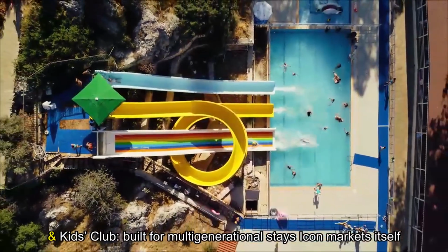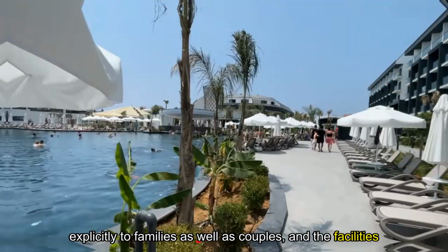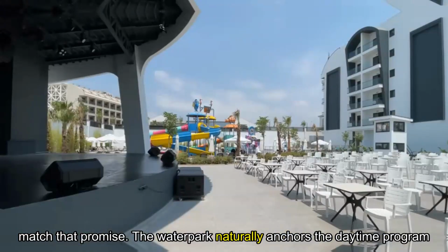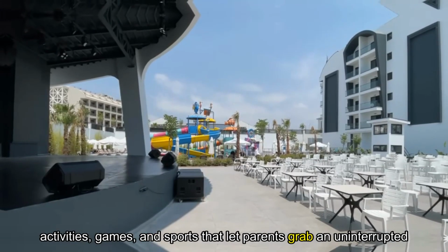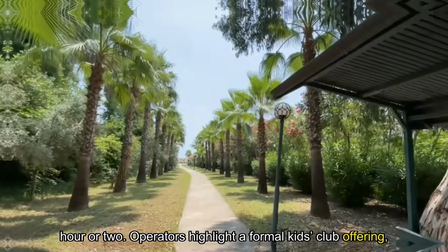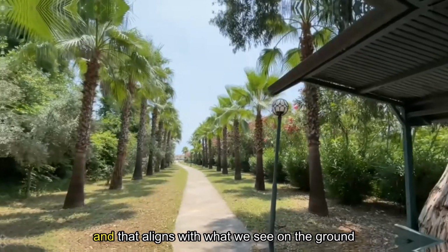Built for multi-generational stays, Icon markets itself explicitly to families as well as couples, and the facilities match that promise. The water park naturally anchors the daytime program for children, but the proposition is broader. Organized kids club activities, games, and sports that let parents grab an uninterrupted hour or two. Operators highlight a formal kids club offering, and that aligns with what we see on the ground across Antalya's higher-end,